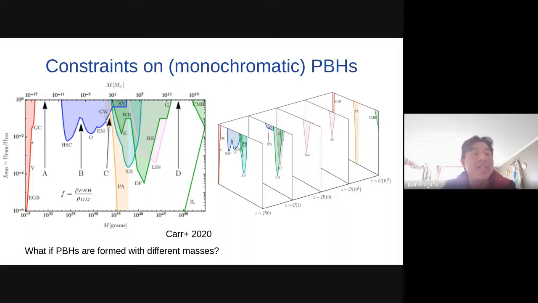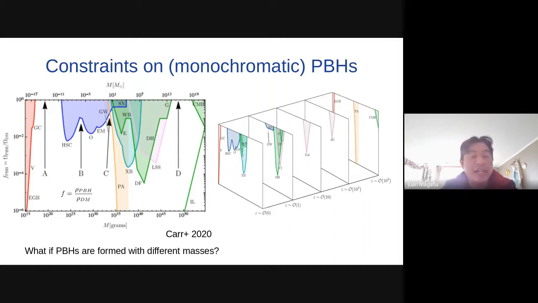For example, the red lines represent a constraint from the evaporation processes. The blue lines represent strong lensing constraints on these objects. The green lines, dynamical effects, for example, heating, because of the presence of these compact objects in the disk of our galaxy.